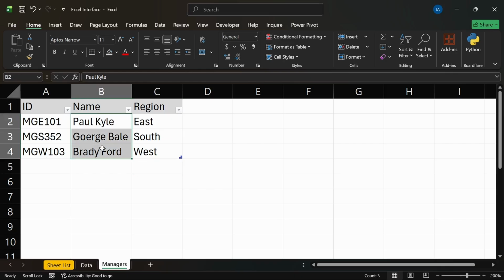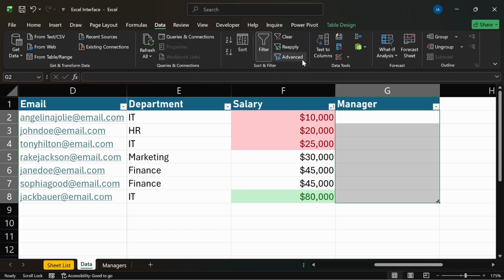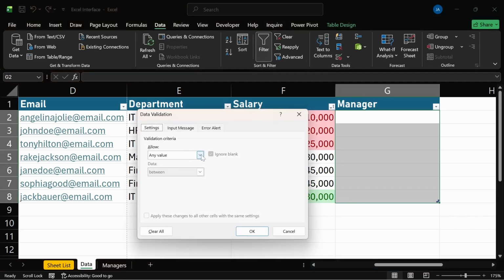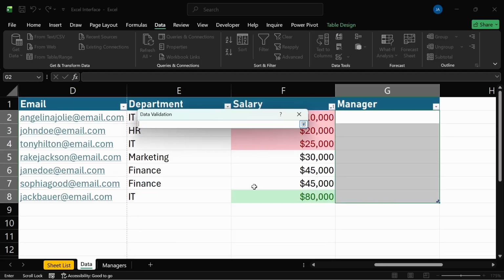Now these are the names of the managers, right? These are the names of the managers, and we don't want someone else to type in something else in here. So what I can do is we'll highlight this place, go to data, data validation, and you say a list, right? So let's do it the first way. For cow, I'm not sure I remember all their names. Okay, let's do the other option first so that I can see the names, and then we click on this